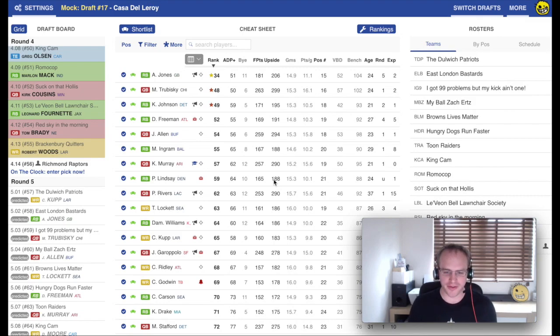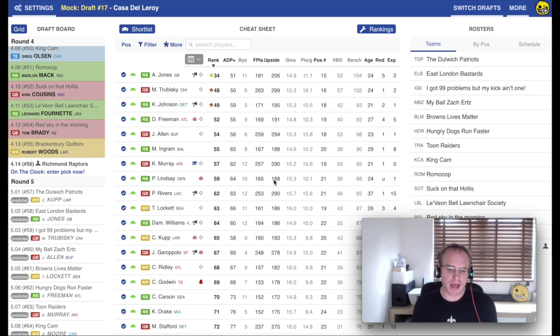has their own preferences, and to have your drafting software reflect those preferences, both in terms of rankings and notes and other icons in the app, the more customization like that you can get in, the better it is. And not only is that the case for your real drafts, but also it makes the mock drafts that you do more and more valuable, because as you're doing those mock drafts, you'll be playing with the system, playing with the software, entering more and more preferences, and the mock drafts are going to get you that practice that you